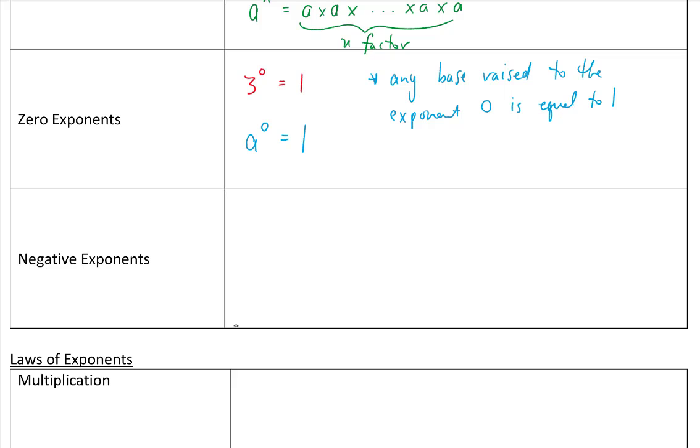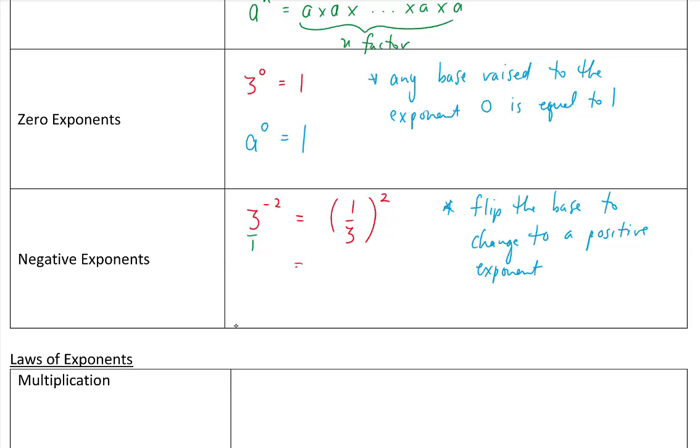And last are negative exponents. So if you were to see negative exponents, for example, 3 to the negative 2. The way we deal with negative exponents is that we flip the base. The base right now is 3 over 1. So if I flip that, this is the same thing as 1 over 3, and then we square it. So we flip the base, which changes it to a positive exponent. And then, of course, this would be equal to 1/3 times 1/3, or 1 squared over 3 squared, which would